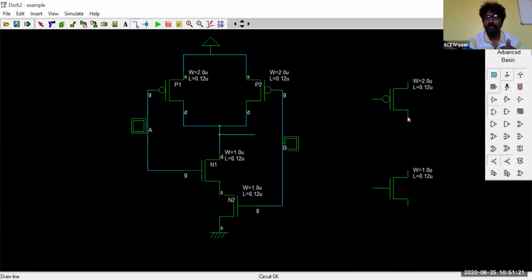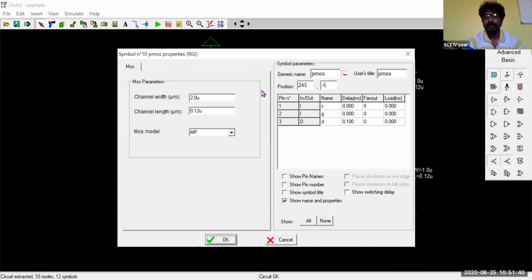Connect the source and drain of this inverter. Then again, VDD is given as an input to the PMOS source terminal, and for the source terminal of NMOS, we are feeding the ground terminal. Now name these transistors.